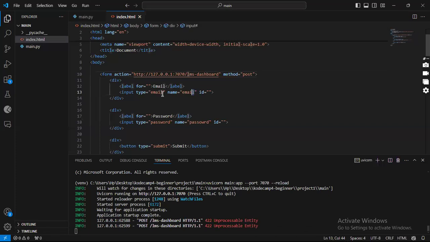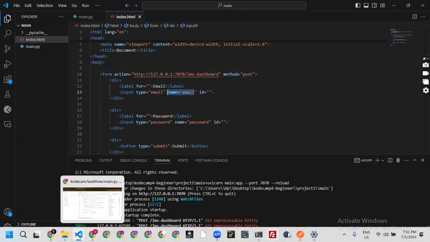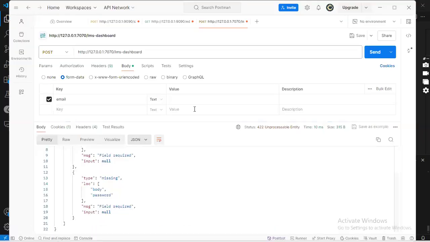This name attribute that I have for each of these fields, that's what the key is in Postman. So your key signifies those name attributes, and in this case we want email. So I put back sample@gmail.com, and then I have password,